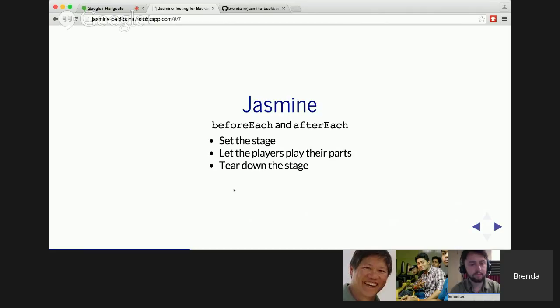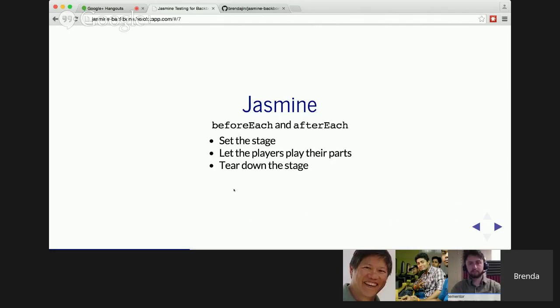And that's the same for testing. So you want to make sure that every tool that you need, every library that you need is available. Everything that you were supposed to instantiate or not instantiate is ready to go. All the settings that you were supposed to configure for this particular test are ready. And then on stage, you would let the players play their parts. So then this would be the spec executing. And then finally at the end, you don't just walk away, you have to clean things up. So maybe you'll have to unbind some events or delete things or reset,